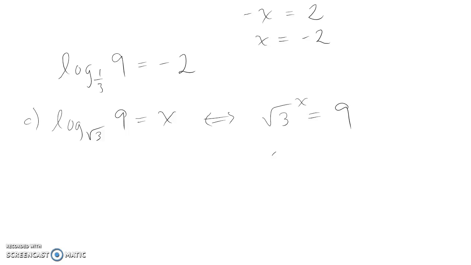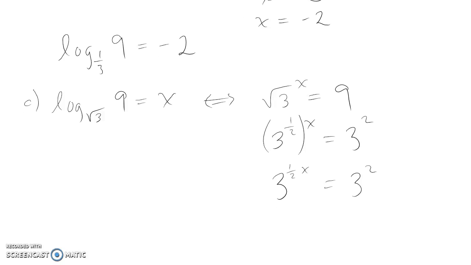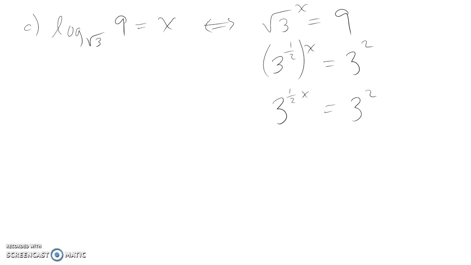Well, what's the square root of 3? Square root of 3 is the same thing as 3 to the 1/2 to the x. And I know that 9 is 3 squared. Well, I know that if I raise an exponent to an exponent, I multiply them together. So that means that 1/2 x is my exponent on 3 on the left. Now I can drop those bases, and say 1